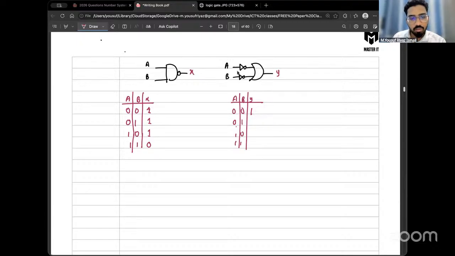When 1 and 0 goes, it's going to be 0 and 1. 0 and 1 is 1, the opposite of 1 is 0. When 1 and 1 goes, it becomes 0 and 0. When 0 and 0 goes, 0. Okay. I drew the truth table faster